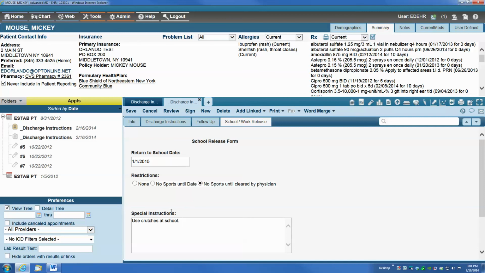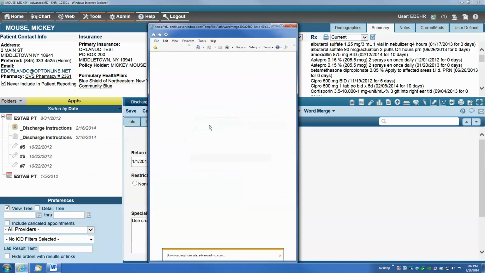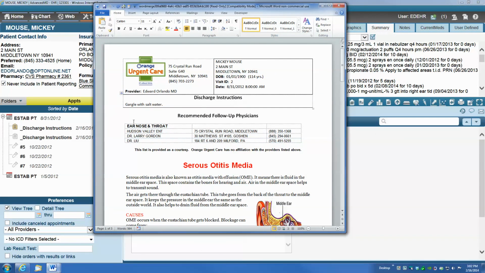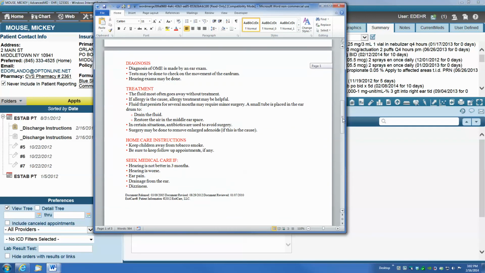Okay, same technique now. In order to print this, I can't go right up to my word merge, because if I word merge it now, this stuff isn't saved yet. Okay, so I have to at least save it. Then I can go word merge, again, just the discharge instructions here. And this time I will have another page on there. Okay, so I have my recommended follow-up physicians, my serous otitis media, and then it skips a page